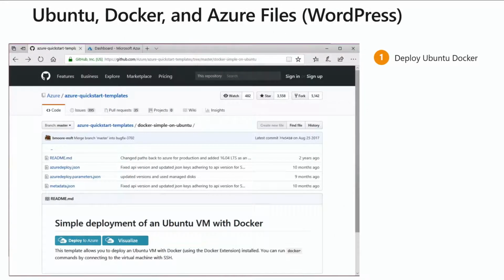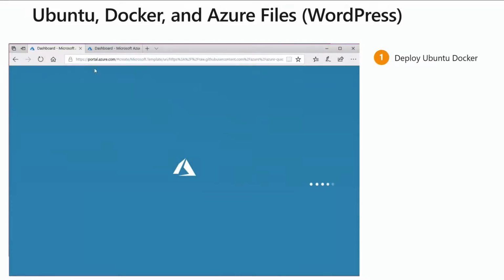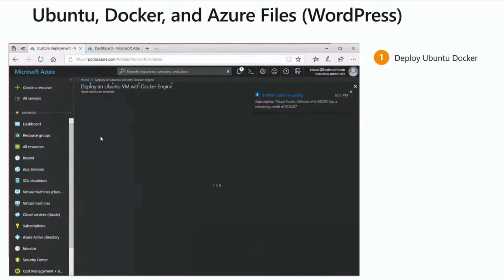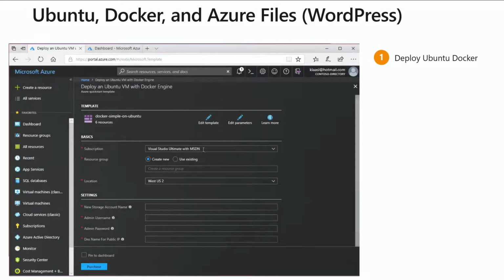With that, I want to provide a little bit more of a specific example. In this example, I'm going to use both Ubuntu, Docker, and Azure Files with a WordPress instantiation. Now, luckily in GitHub, somebody has published a quick start template where all I have to do is click on this blue button, and it will deploy an ARM template which asks me to fill out a subscription name, a resource group, and a location, and that's pretty standard for any ARM resource, as well as a storage account name,